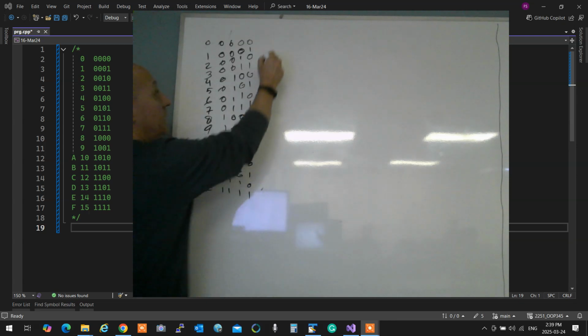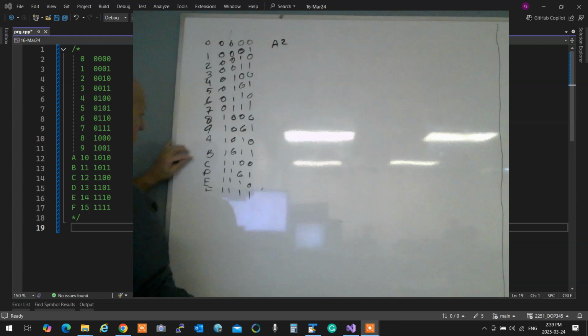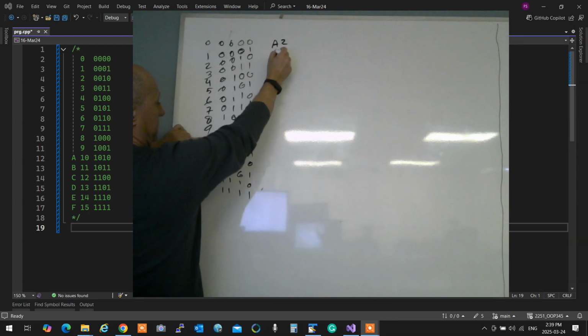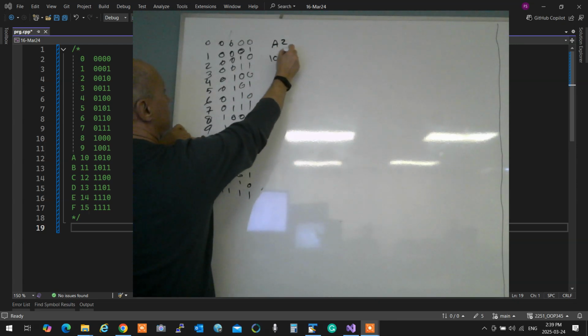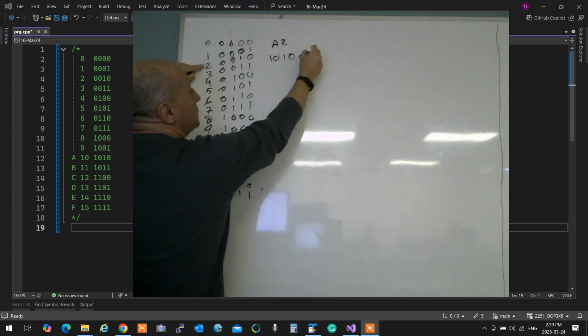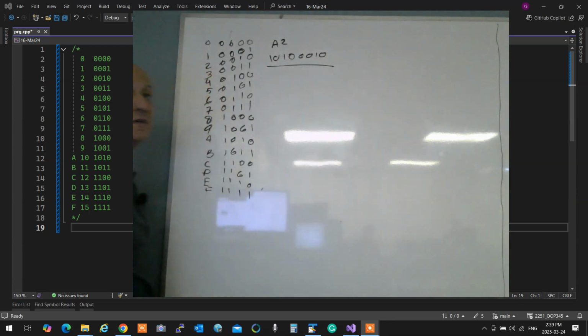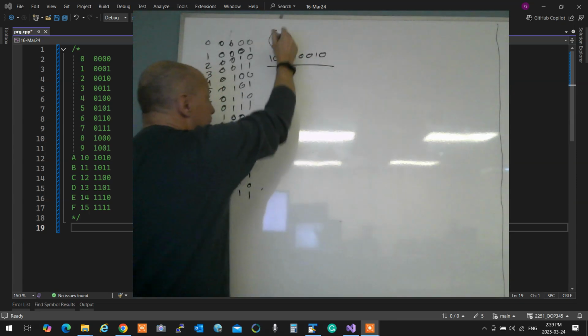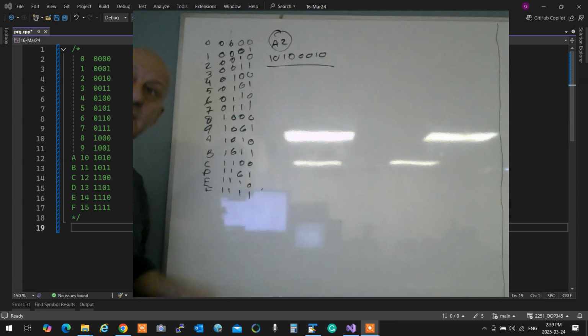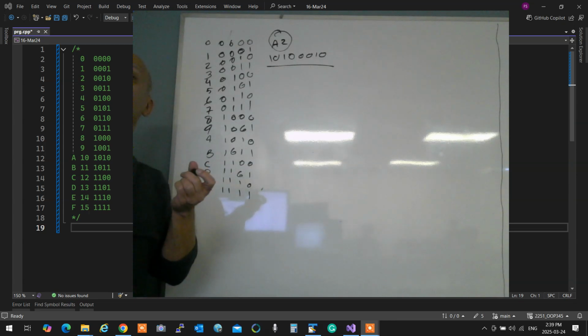So when you say A2, essentially you mean 1, 0, 1, 0, and 0, 0, 1, 0. That's the content of the byte. Therefore, with 2 letters, you can show what happens inside the byte. Perfect thing to actually show the memory content. That's why memory content is shown with hexadecimal.